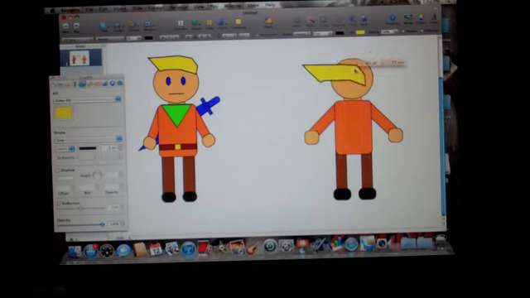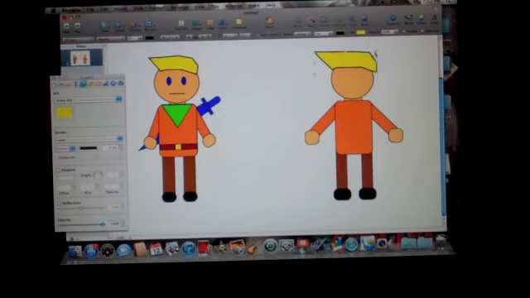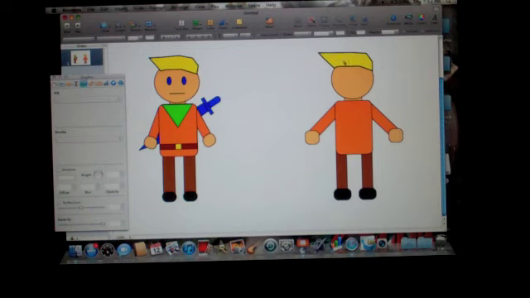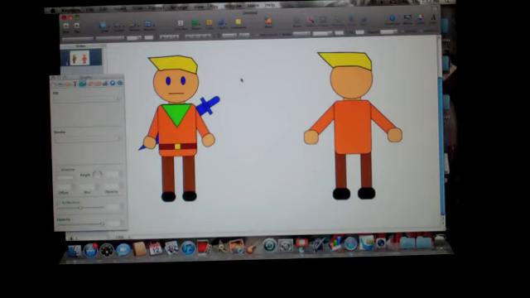Actually made it a little big, so once again, shift, drag, and place it on top of his head. Try not to overlap too much, just so it looks human, and that looks pretty good. Next we're going to work on